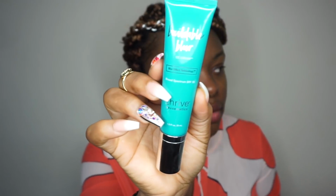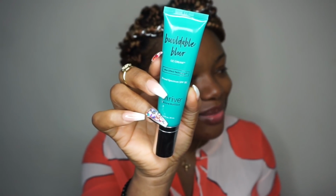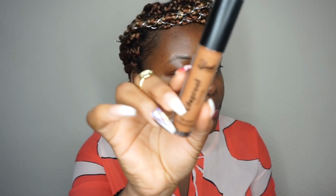To apply foundation, the Thrive Causemetics CC cream. I've reviewed this product on my YouTube channel. Go check it out. This is the Thrive Causemetics CC cream. Can you focus on it, please? Thank you. And I'll also be using the Sleek concealer,